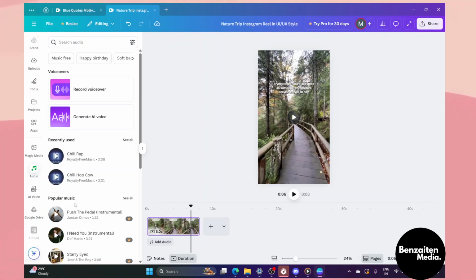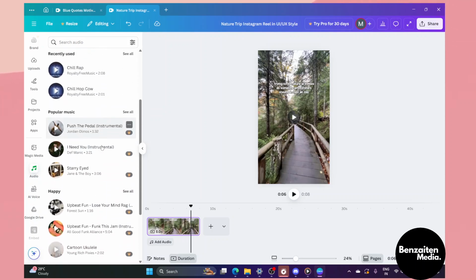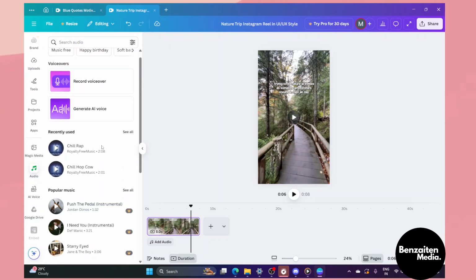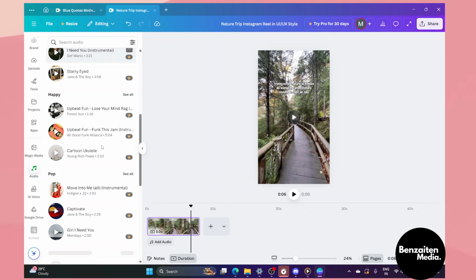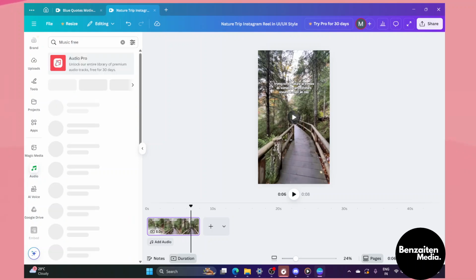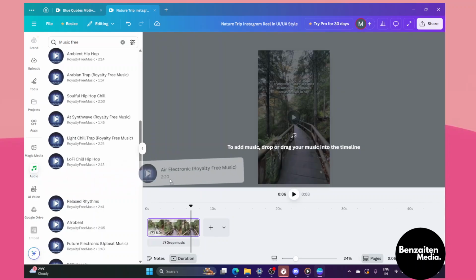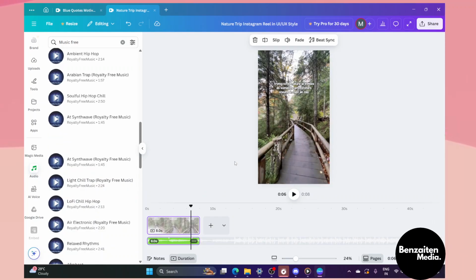Here you will find a built-in library of royalty-free music. Browse by mood, genre, or length. So you just have to explore it. When you find the song that you want, you just have to drag it and drop it onto your video